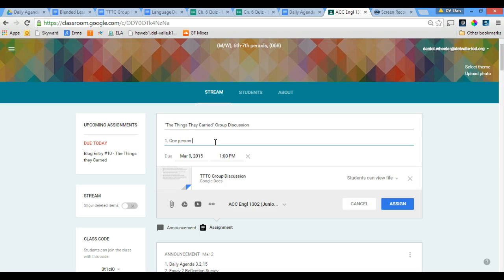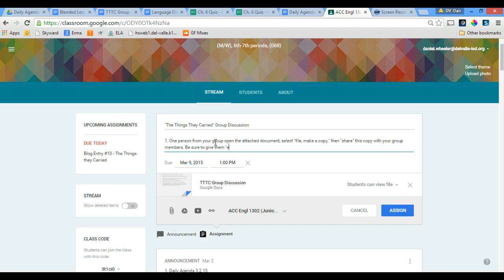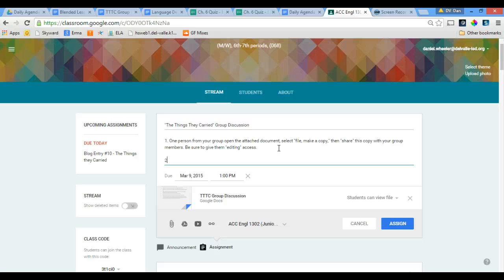One person from your group, open the attached document, select file, make a copy, then share this copy with your group members. Be sure to give them editing access. Now that seems kind of complicated, but I've gone over this with my students and they're very familiar with the sharing process on Google Docs, so this is very easy for them. It takes them 2 seconds. But the first time you do it is probably going to take some modeling and walking your students through that process. When your group has completed all the discussion questions,